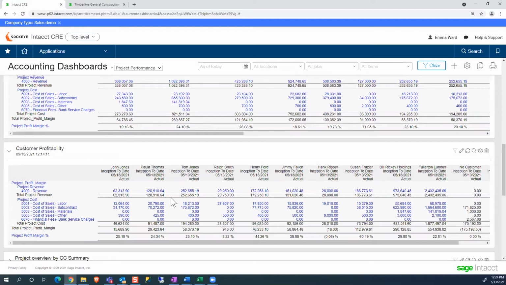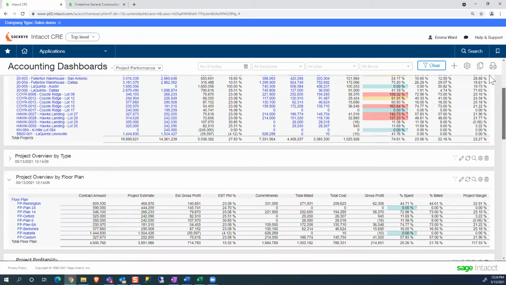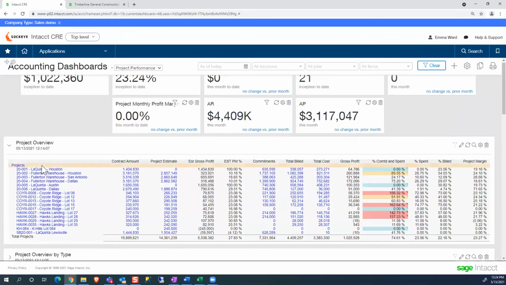There's really a lot of different ways that we can slice that data and present the information the same way. So going back to that first example where we had all of that information from the project overview, I could pivot this instead of by project, by subcontractor as an example.